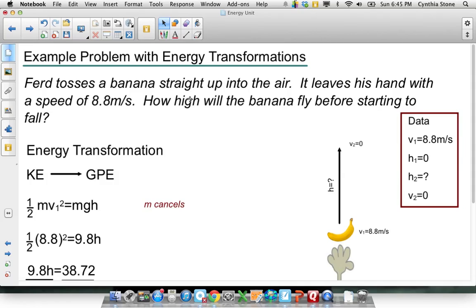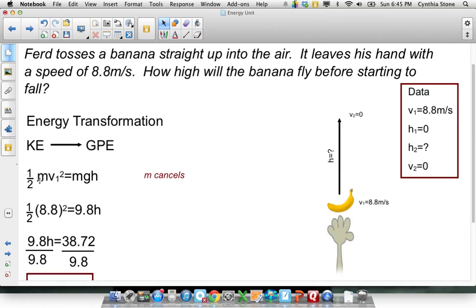So this time, our energy transformation: he's got kinetic when it leaves his hand, but at the top where it stops, it's not kinetic anymore. It stops to turn around and come back into his hand, and up there, it's just got gravitational. So again, here's our base equation. You can substitute, the m's cancel, so you can just get rid of them. They show up on each side, on each term. Tomorrow in class, or next time in class, or when you start working on this question, I can give you some rearranged forms of all these equations, by the way.